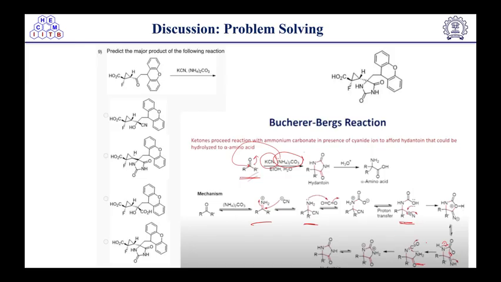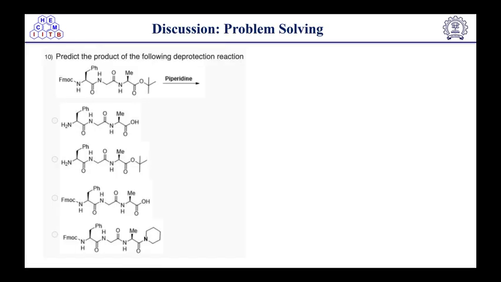Yeah, so after getting this intermediate, this will get open up. Okay, then the lone pair of nitrogen will again attack on the carbonyl center and it will give you this intermediate, and then proton transfer will result in a cyclic 5-member product here. So that's how we are getting this as a product. Okay, so this is the correct option, the Bucherer-Bergs reaction. Okay, next,